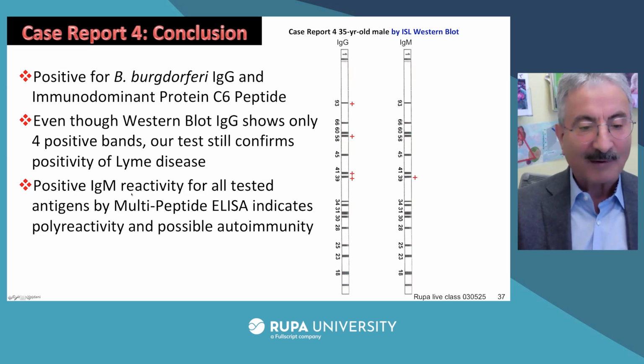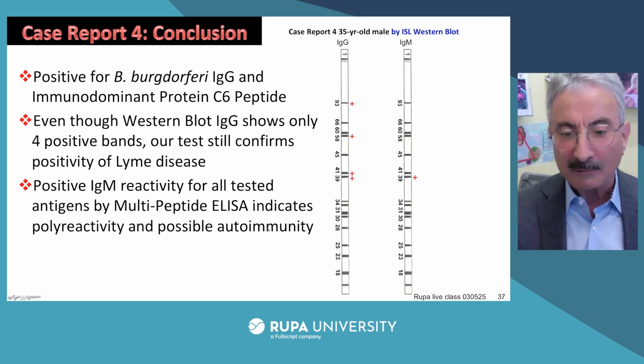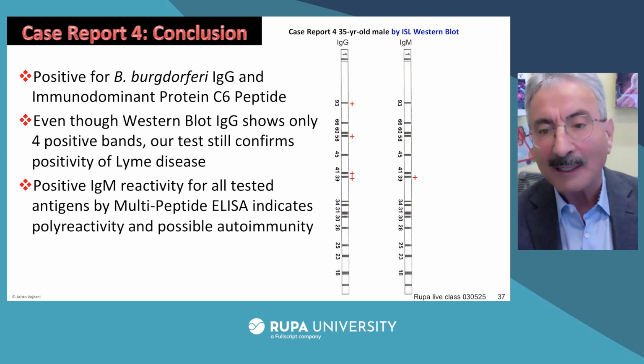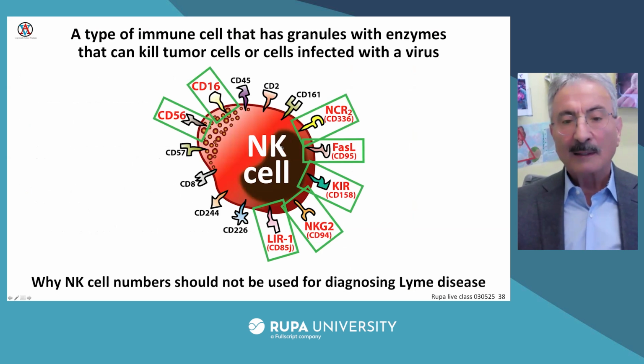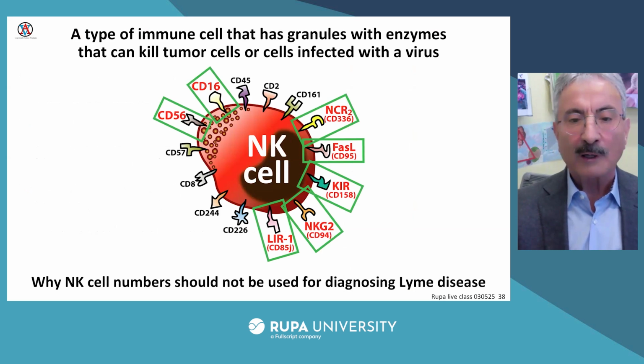And then positive IgM reactivity for all tested antigens by multipeptide ELISA indicates polyreactivity and possible autoimmunity. So we have to interpret that also in the context of possible Borrelia-induced polyreactivity or autoimmunity. So the last part of my talk is about CD57, which, as I said before, is